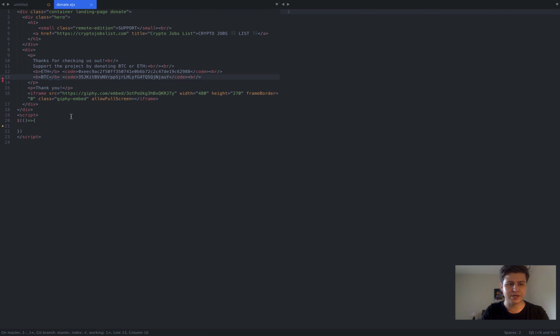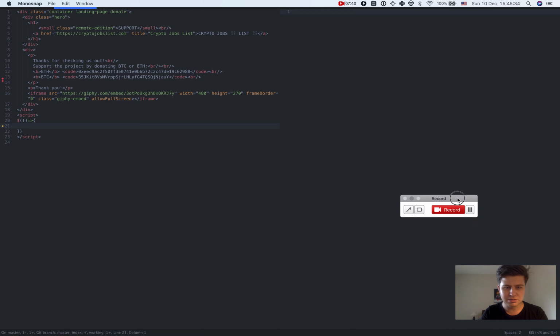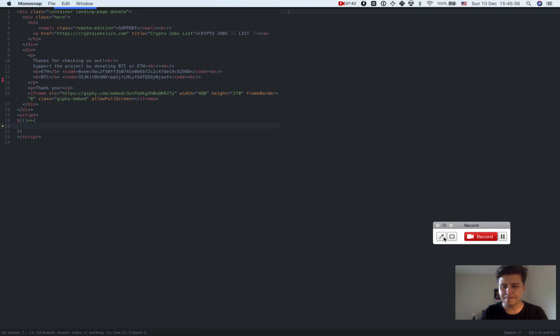And this is the code behind it. Very simple. I'm not using any rocket science like React. I'm trying to keep it simple here, so it's super, super easy for people to understand. Basically what I'm going to be doing is adding some code here, and I'm also going to be adding another